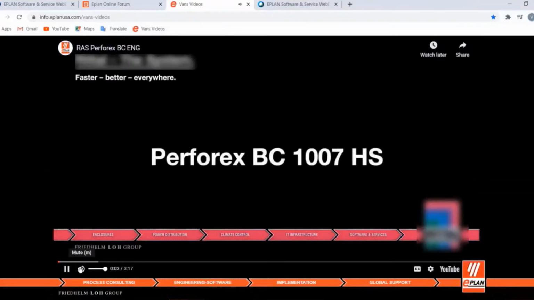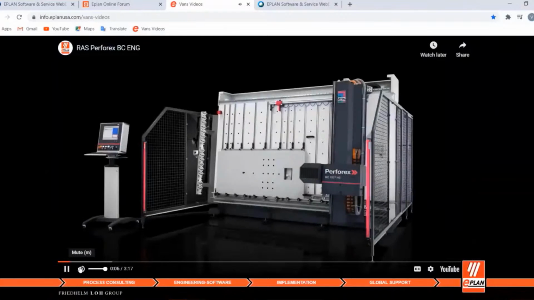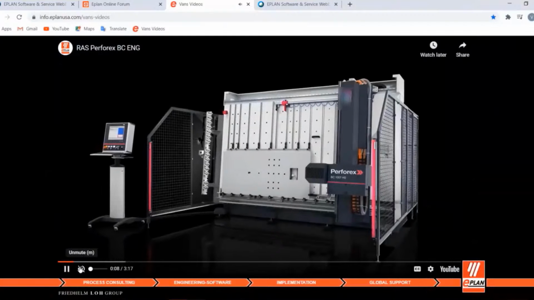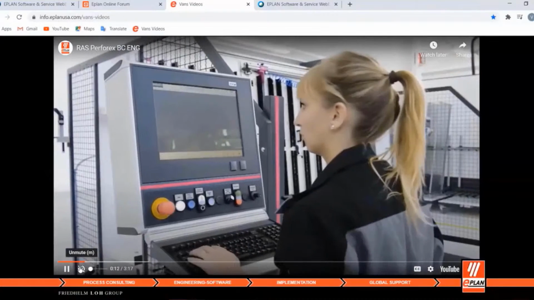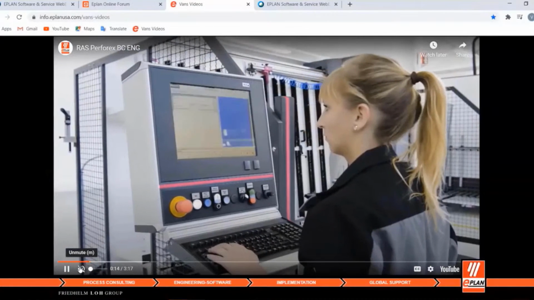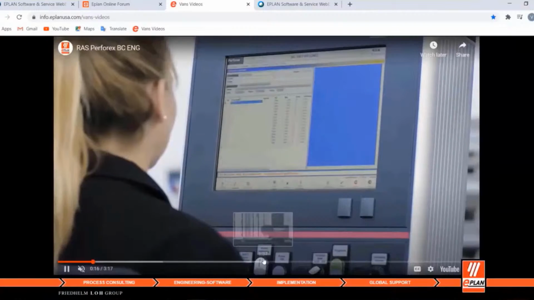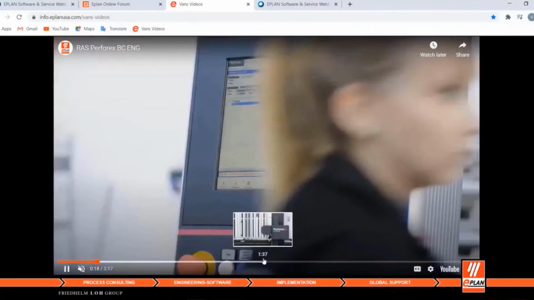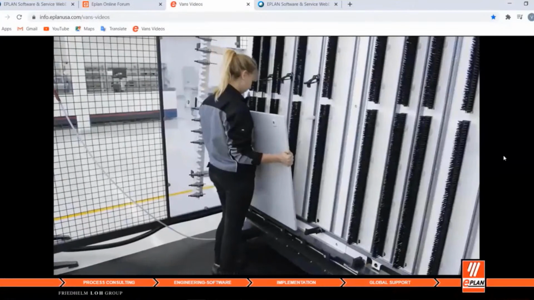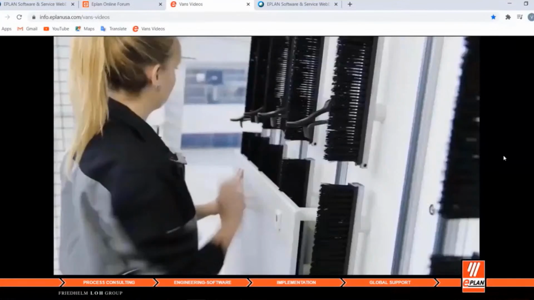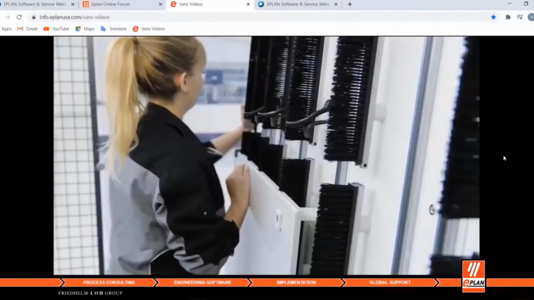So hopefully you can see that okay. And so this is the Perforex BC unit. So this is the mechanical end mill machine. And let's see, the Perforex is vertically constructed. So we were actually putting workpieces on vertically instead of horizontally, like you see like a lot of CNC machines